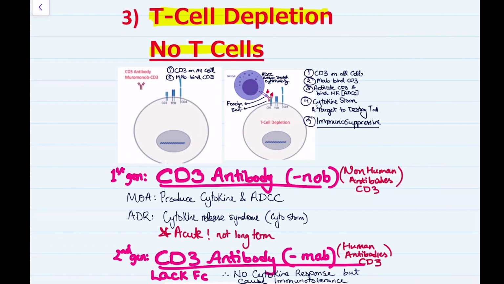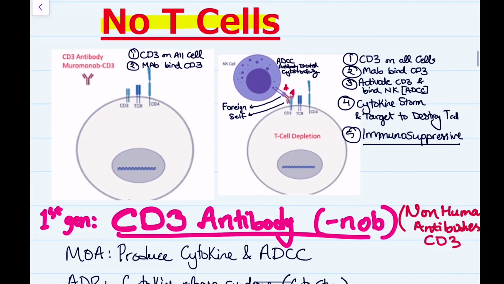So first we have the normal immune response mechanism. So here we have that CD3 are presented on all T cells. The MAB, monoclonal antibodies bind to the CD3. They activate CD3, and they will also bind natural killer cells, causing ADCC, which stands for antibody-directed cytotoxicity. That causes a cytokine storm and basically destroys the T cell. So here we have the ADCC cytotoxicity happening, where we have